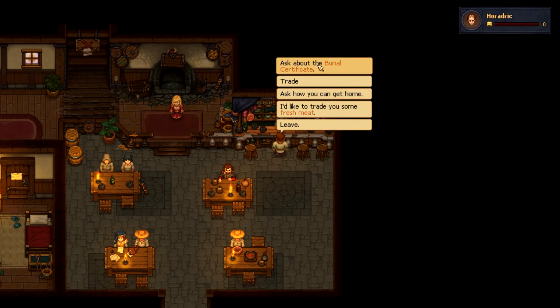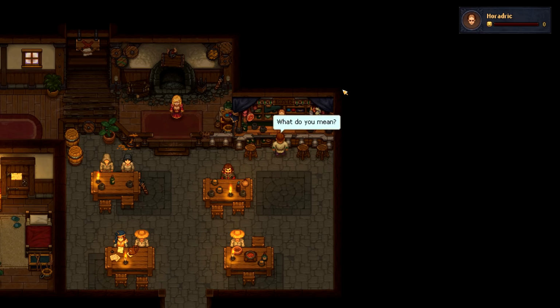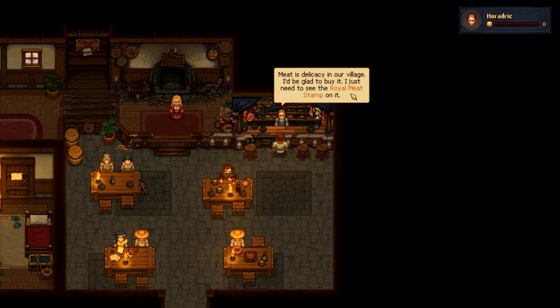Well, I would like to sell you a burial certificate. And the bishop was right. According to the ancient contract, I have to trade the burial certificate for money. Of course, only if he has money. Well, that's a problem. So, he's broke. That's awkward. But as soon as I open the church, pilgrims bring lots of shiny coins to the village. So, need to get the church open, which means fixing the graveyard, which means getting the bits and pieces I need. Also, I need to...